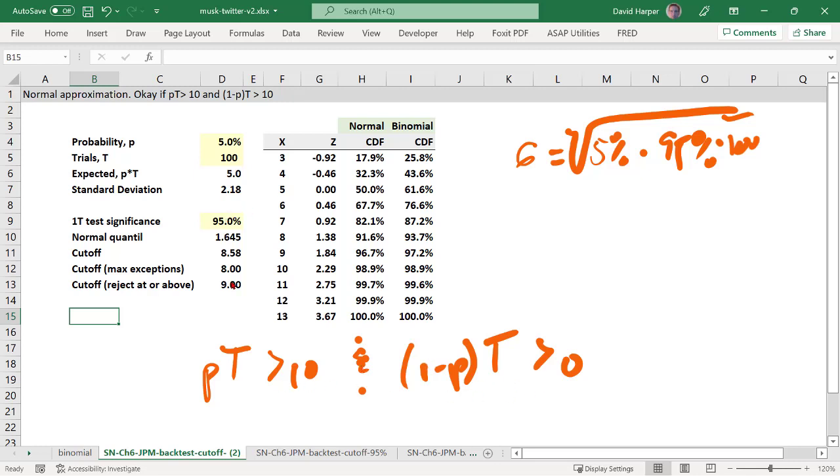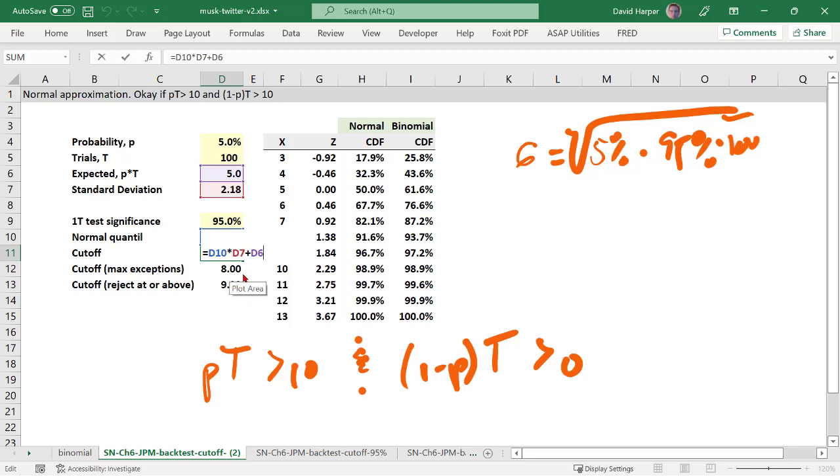So we really don't have enough to approximate with the normal, but let's do it anyway. 95% significance. Our normal quantile, one-sided, right? We're going to do a one-sided test, is 1.645. That's very familiar to FRM. And then notice my cutoff, I just simply apply the normal, or I really